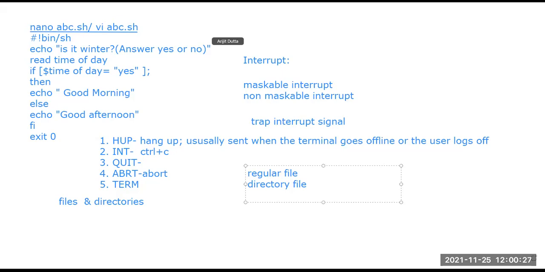If we go into a particular directory, we can see a lot of files and folders present. So the directory is holding all those files and folders, and a process has read permission for every file and folder inside the directory.